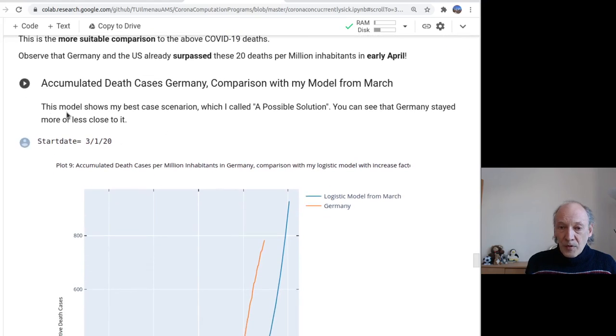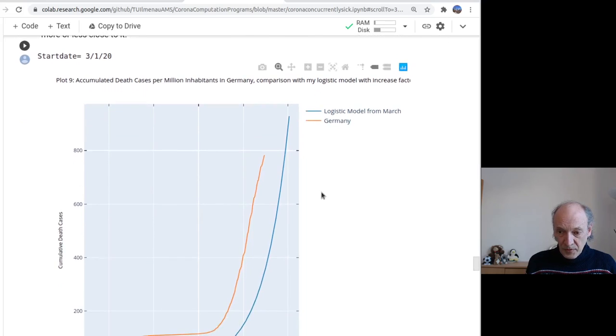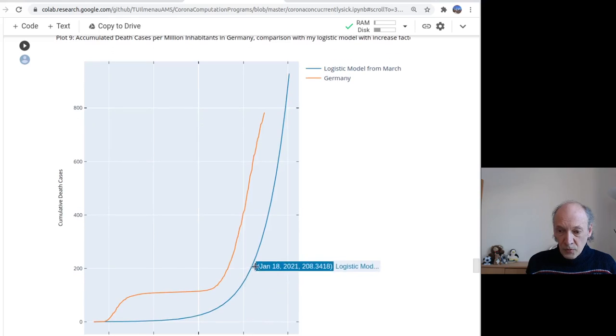Yeah. So for the death cases, I also have a model. So you can again use this logistic model. I took the same logistic model just with the numbers for the death, and here you can see the plot. So here the blue one is from my logistic model, and the orange one is the actual data. And you can see here in March we had this jump from this spring peak, and then we had the corona measures, and you can see it flattens, so it now runs more or less parallel to my model,